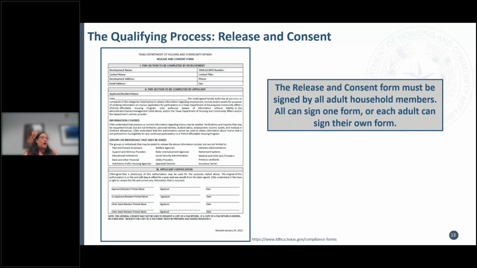If you are a company that really likes to have your own header at the top, you can develop one of your own forms with your own header, but you want to be sure that it does include the information that we have on the one that we have posted. I always let folks know the forms that we have posted include what we would expect to see. So if you want to reinvent the wheel and develop your own forms, you can, but you would want to be sure that they meet the threshold that we have in our forms that we've shared that can be used at no cost to you.